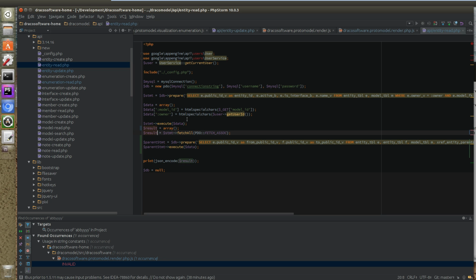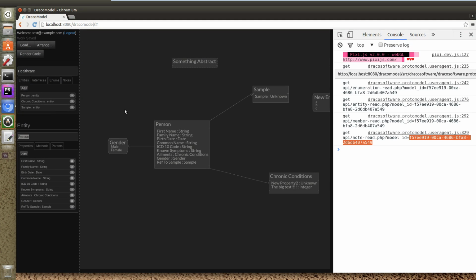And now we are going to say result entities is that. So now we're going to break some code. All right. And we're going to call that parents. So now instead of just a result object, which is an array, we have the result object, which has two parts, the entities and their parents. So that's going to break some stuff, but